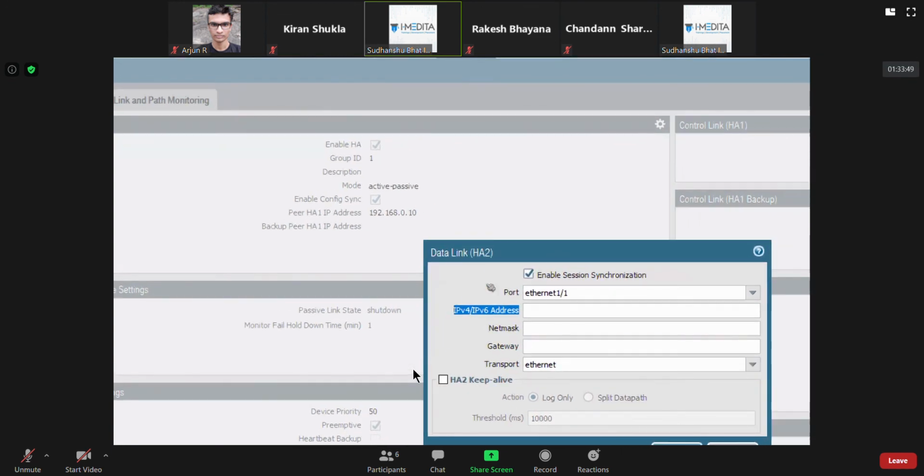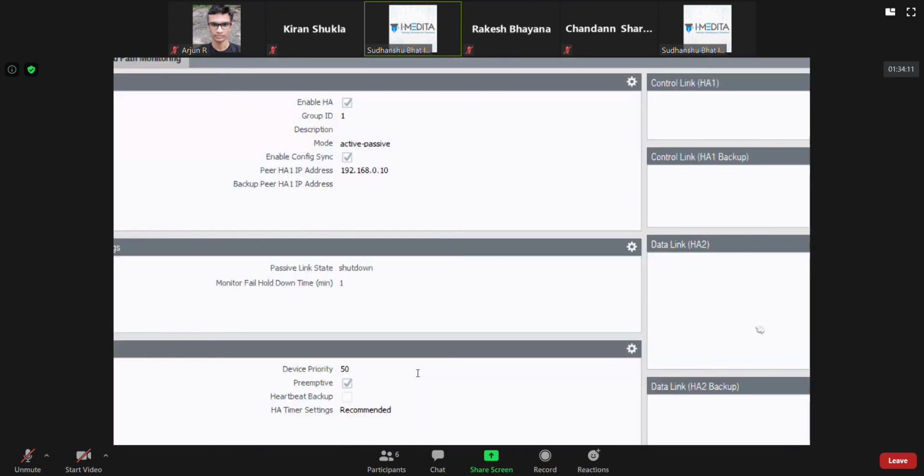Also, then you will change the transport to IP or UDP. In my case, I didn't change anything, I just kept it as Ethernet. I don't need to mention any IP address because we are just using it as a layer 3 link. Actually, this was checked by default. I just selected the port. Done.